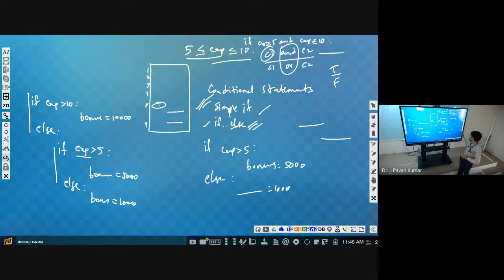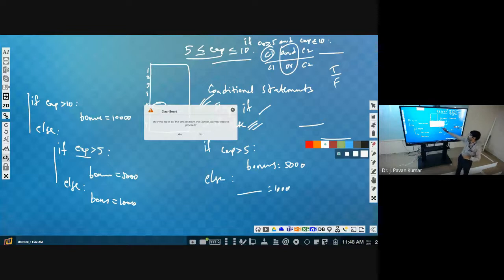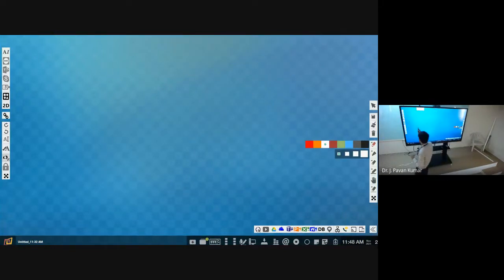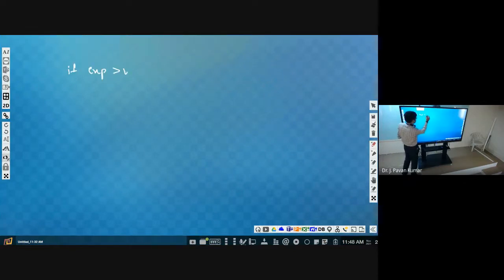First condition will be, if experience greater than 10, then bonus will be 10,000.